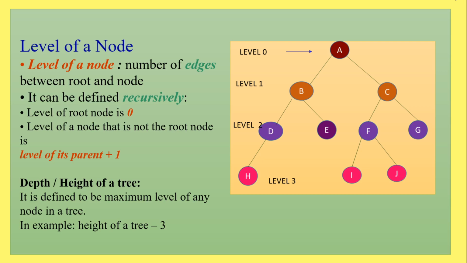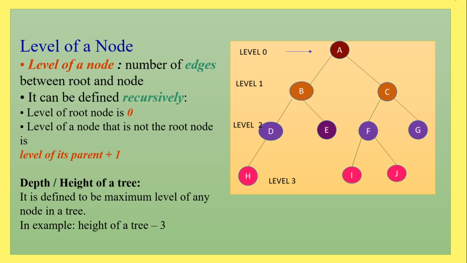Level of a node. If you observe the diagram, the starting root node is considered as level 0 or a parent node. After that, the next level is parent plus 1. Now the parent level is 0 and the next level is 0 plus 1, which is 1. If we extend, then the next level is parent plus 1. Now the parent is level 1, plus 1 is 2. Similarly, the next level is 3, the next level is 4, and so on to n.